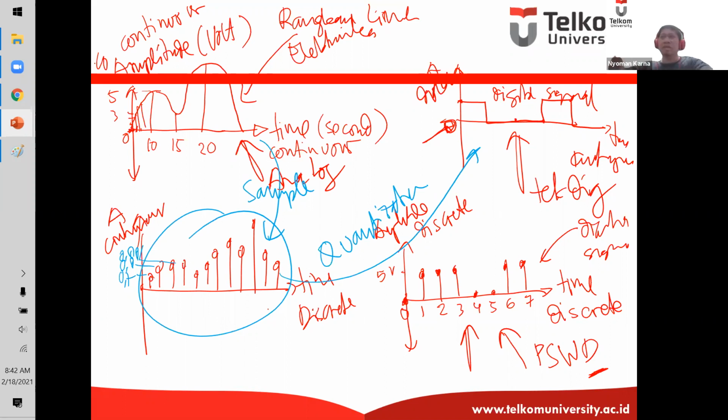Now, quantization is the process to make the amplitude become discrete, from continuous to discrete. So, this is what we call quantization, or for the pengolahan sinyal, this is the quantization.